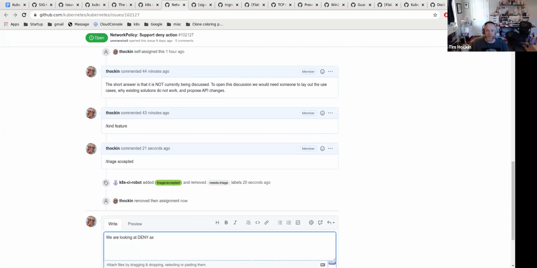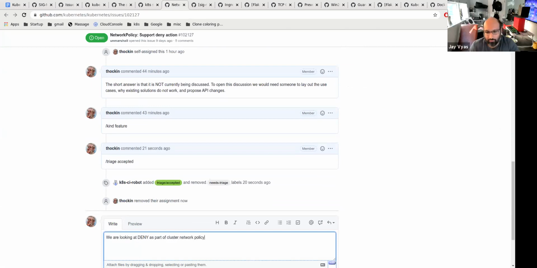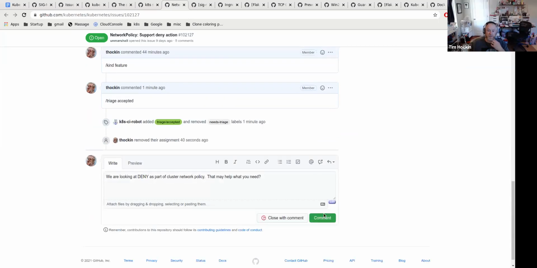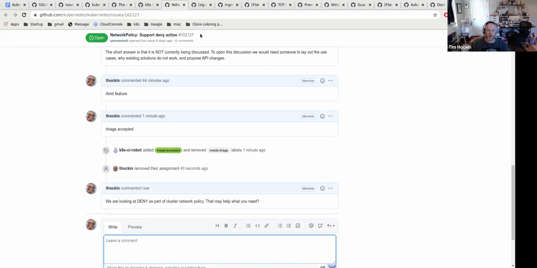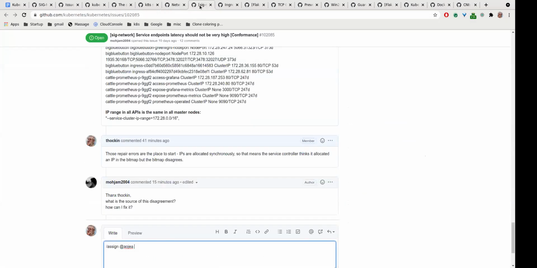Can you jump on here and stick the KEP? I don't have the link at hand. Yeah. Yeah, that person probably just doesn't know that there's a group of people that are already kind of trying to figure this out. So point them at the meeting, maybe they'll show up. And yeah, we can also maybe direct them to the SIG Network Policy API repo now, and maybe have these issues there so that we can further discuss. Cool. Can you guys just jump on this one and link whatever links you want to link? Yes. 102.127. Got it. Thank you so much.